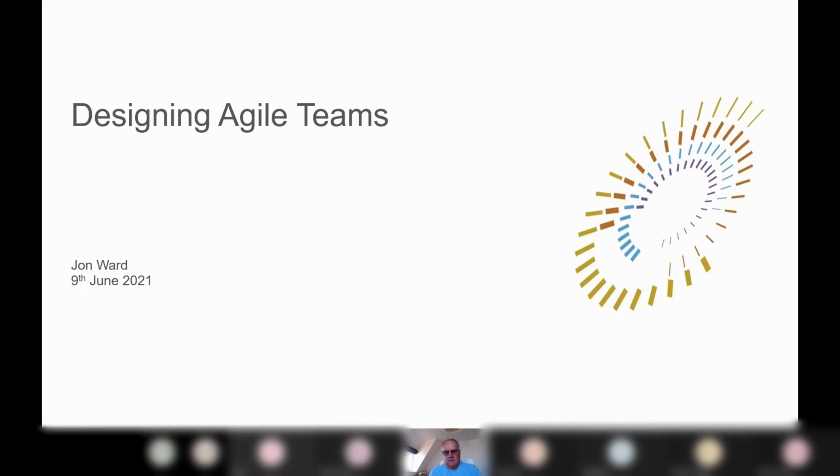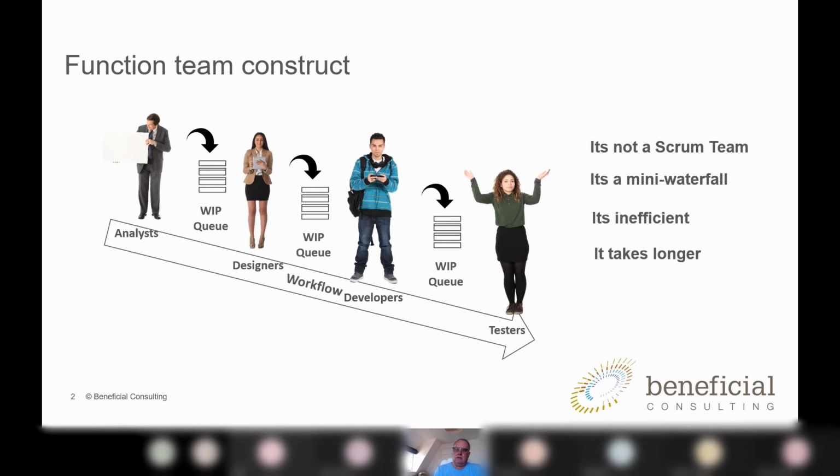So just to give a bit of a recap, if I may, I want to start at the basics. If you think about Scrum, what Scrum talks about is creating a functional team. What typically happens is that we pull a series of people out of various parts of the business and put them into what we call an agile team.